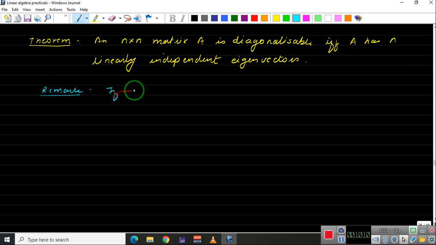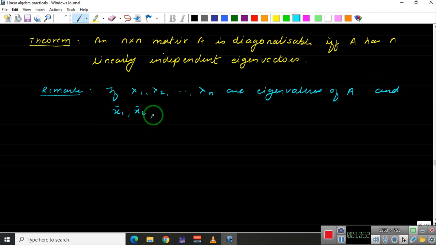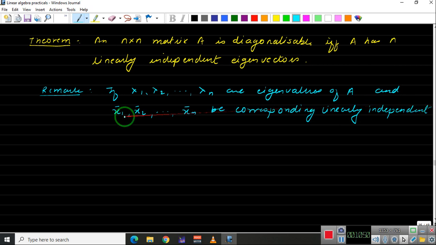So if lambda 1, lambda 2, up to lambda n are eigenvalues of A, and let x1 bar, x2 bar, up to xn bar be corresponding linearly independent eigenvectors,